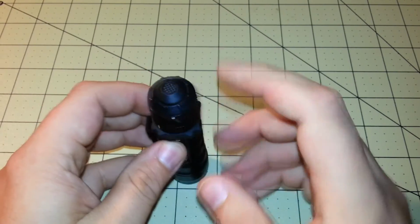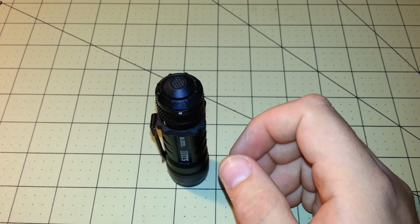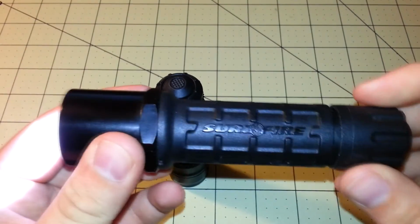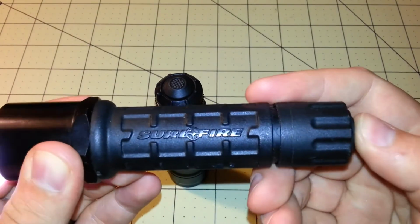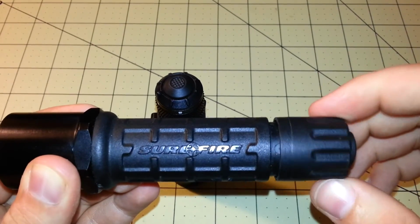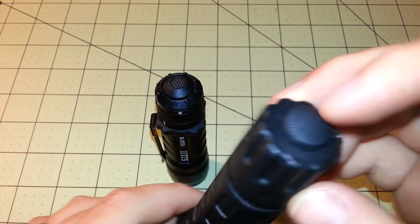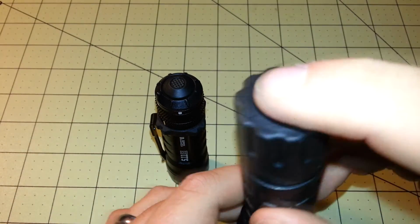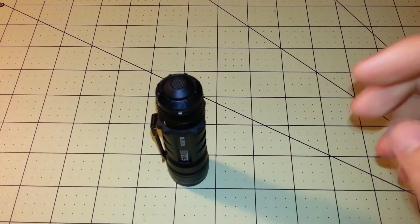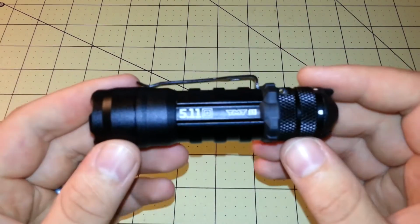If you're really worried about your tail clicky being activated and your light coming on in your pocket, you might be better served with something like the Surefire system, where you can lock it out on the back with their little tactical tail click system, which functions very well and is very reliable. However, I've had some problems with Surefire's multiple mode switches, but these old single mode switches seem to be pretty bulletproof. So overall, I'm not very satisfied with this light, and I would have a hard time recommending it simply because I don't trust the switch on it,